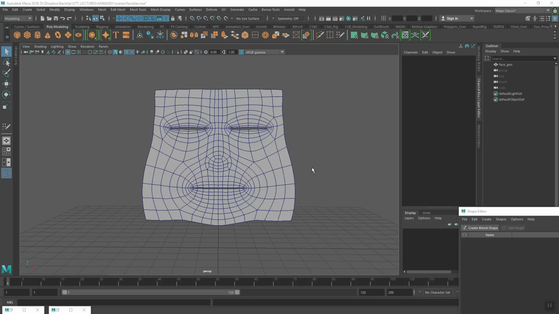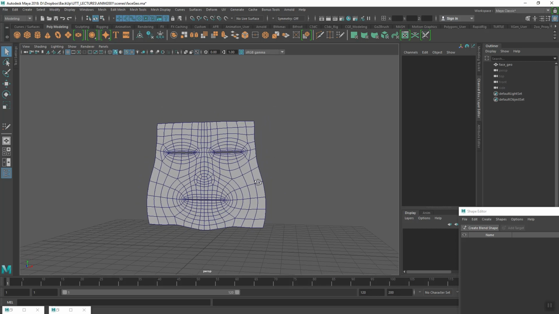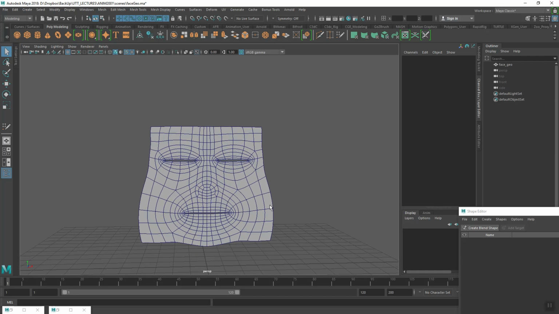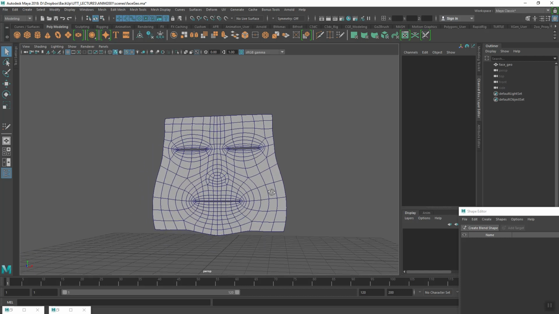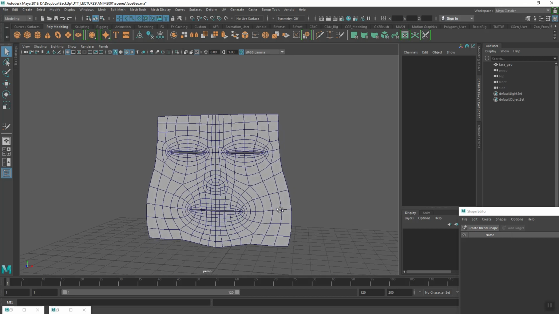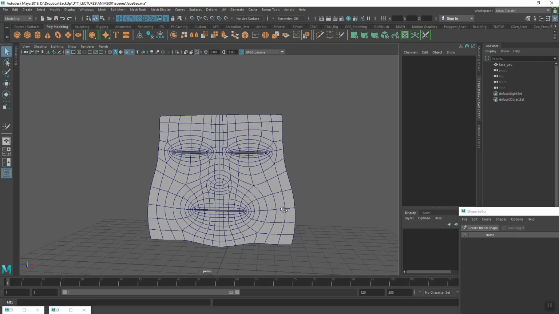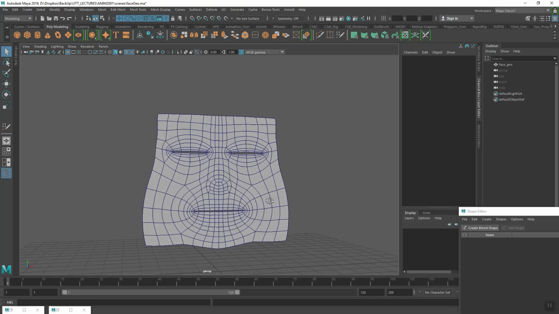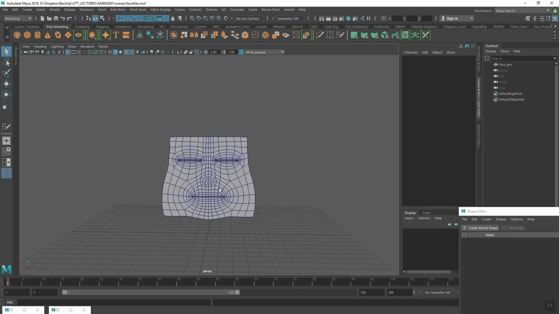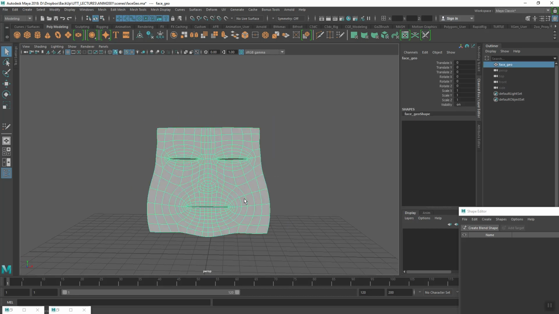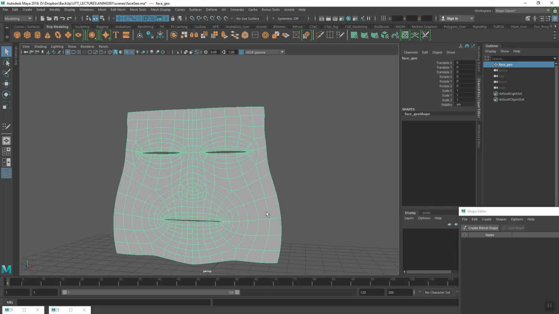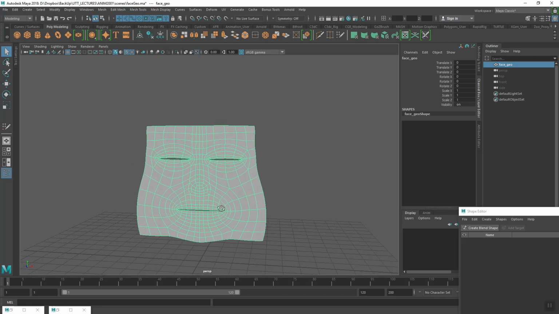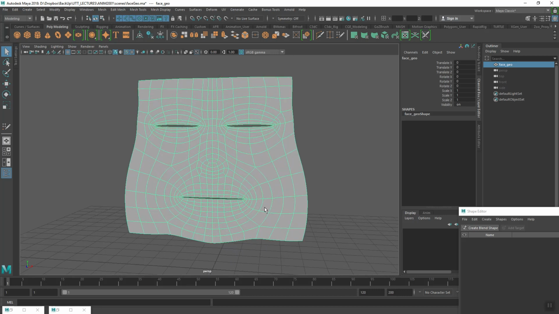Alright, so in this video I just want to talk about blend shapes and what exactly they are, how they're useful, and how in Maya 2018, because of updates to the blend shape workflow, it's actually a lot more user friendly than it used to be. So in older versions of Maya, a blend shape basically is, and still is, a node